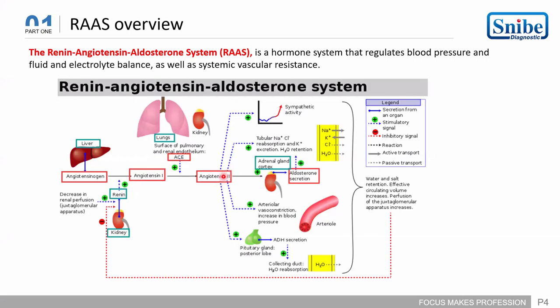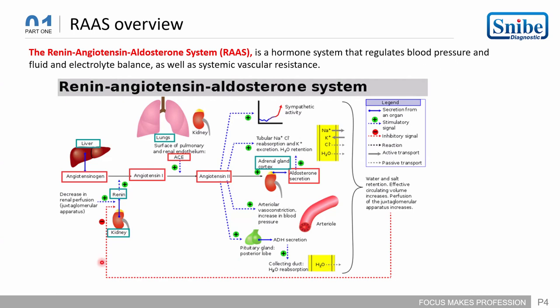It also stimulates signals for arterial vasoconstriction and an increase in blood pressure, and angiotensin also acts on the posterior lobe of the pituitary gland for ADH secretion, and this stimulatory signal goes to the collecting duct for water reabsorption. So water reabsorption and retention, arterial vasoconstriction, increased blood pressure, and sympathetic activity are all controlled by